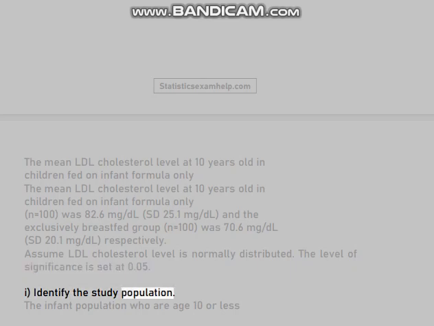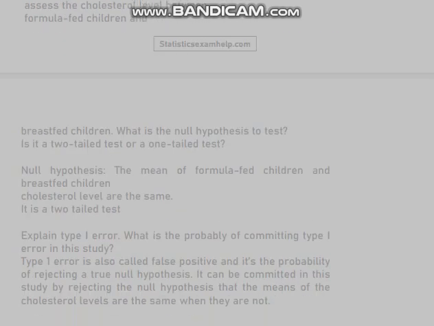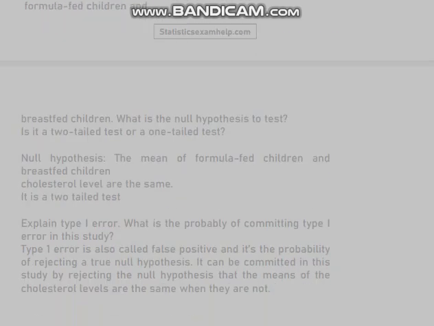1. Identify the study population. The infant population who are aged 10 or less. 2. What are the measurement scales of the two variables, type of feeding and LDL cholesterol level? LDL cholesterol level, continuous scale; type of feeding, nominal. 3. A two-sample independent t-test was used to assess the cholesterol level between formula-fed children and